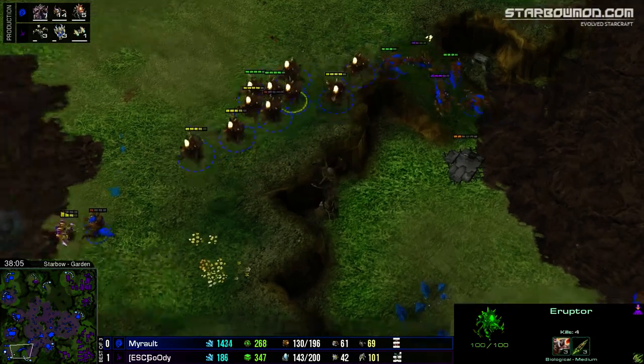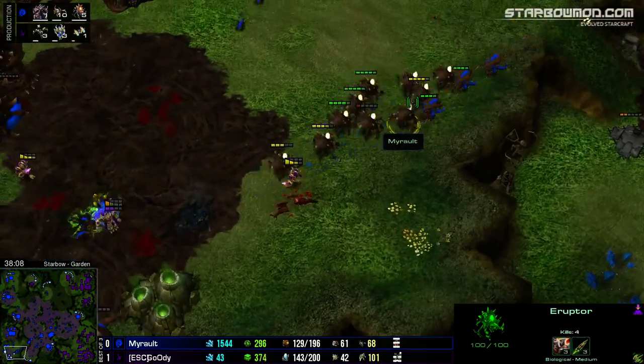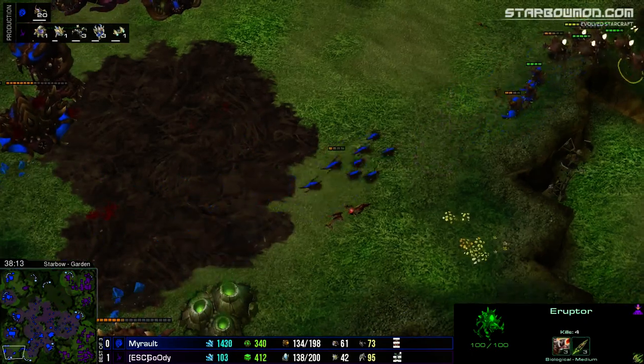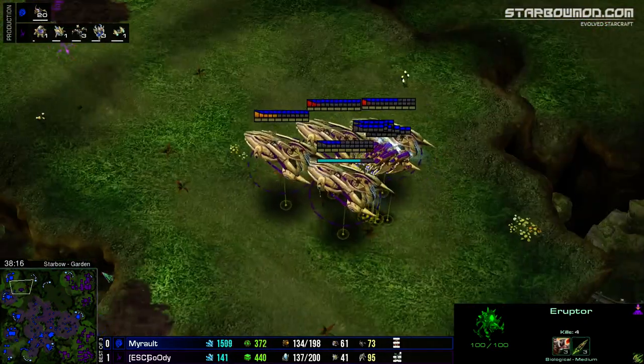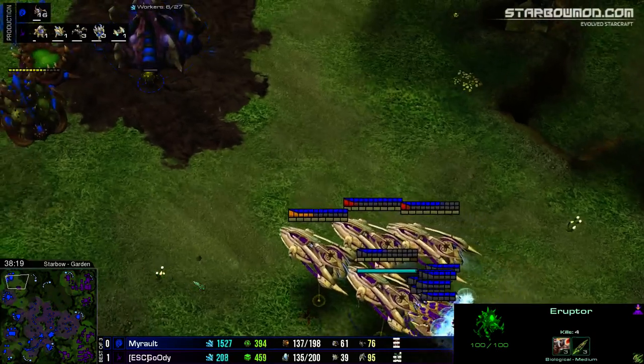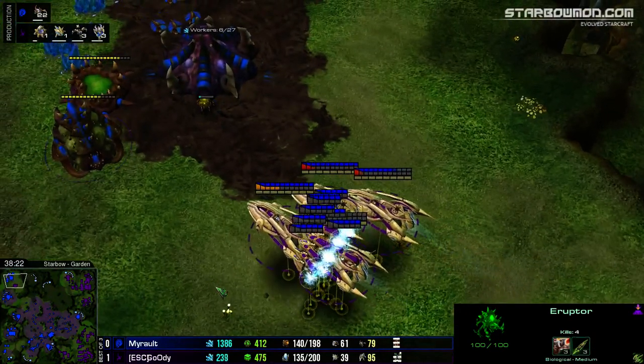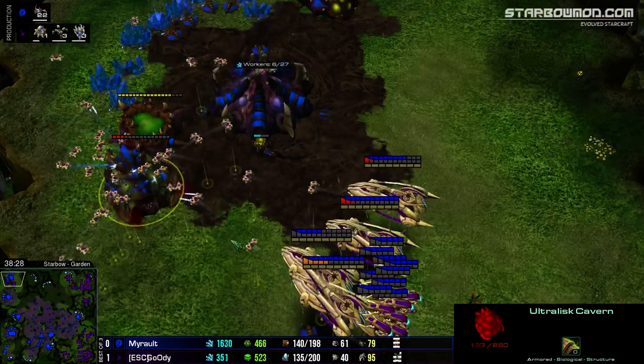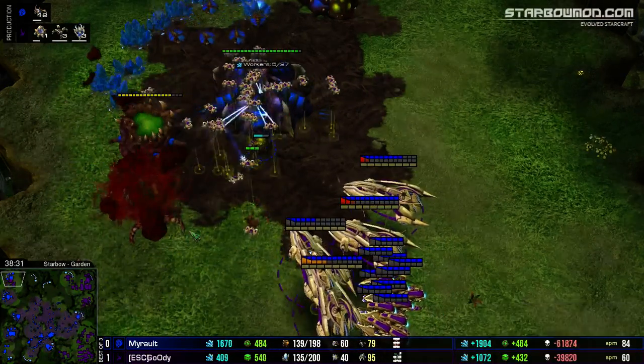I'm kind of glad that Eruptors are a slow unit. That makes them slightly more balanced, I feel. Yeah, you wanted to give them a speed upgrade, you fool. Yes, I did. Oh, he should relocate into the Nidus room. Where is this Nidus room? Oh, Ultra's Cavern is gonna go down. Well, he has another one in his...